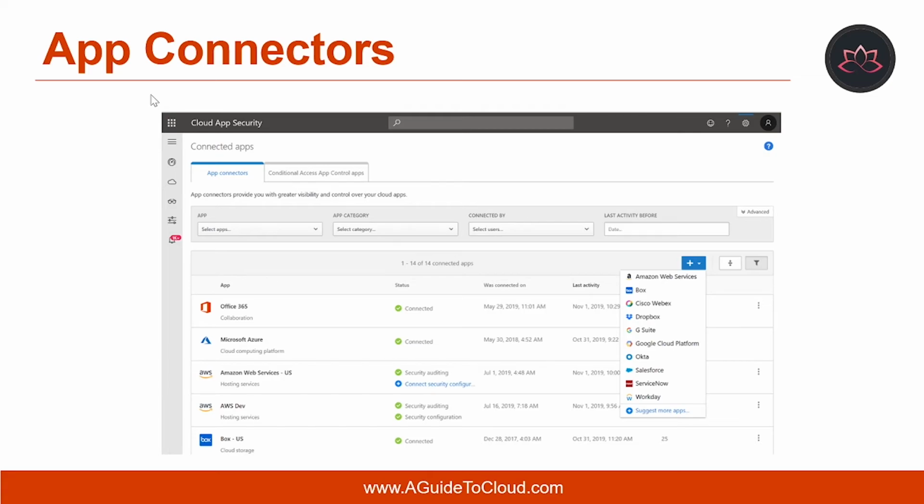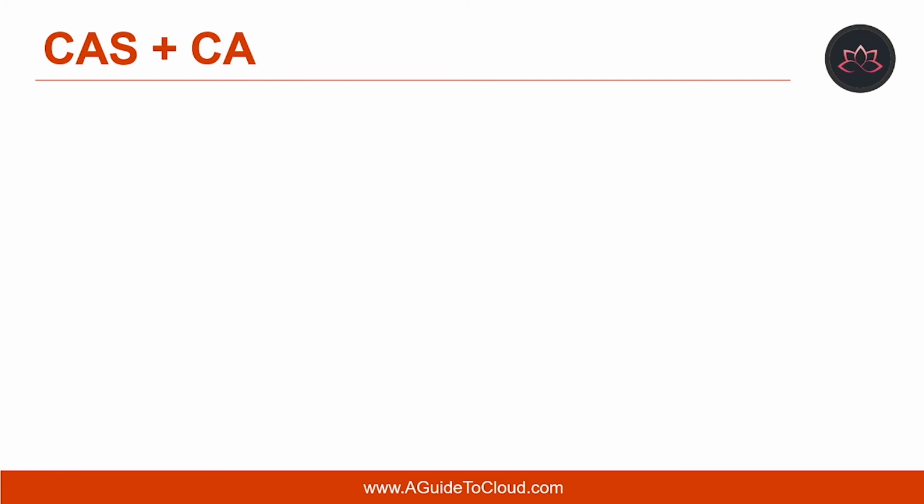Let's talk about app connectors. App connectors leverage the API of the app provider to enable greater visibility and control by Microsoft Cloud App Security over the apps you connect to. Microsoft Cloud App Security leverages the APIs provided by the cloud provider, and each service has its own framework and API limitations. Microsoft Cloud App Security works with the services to optimize the usage of the APIs and to ensure the best performance.